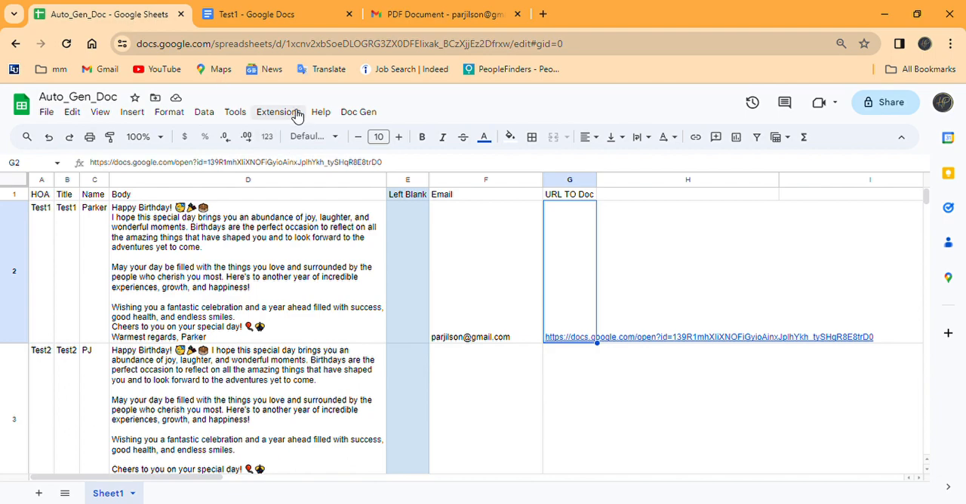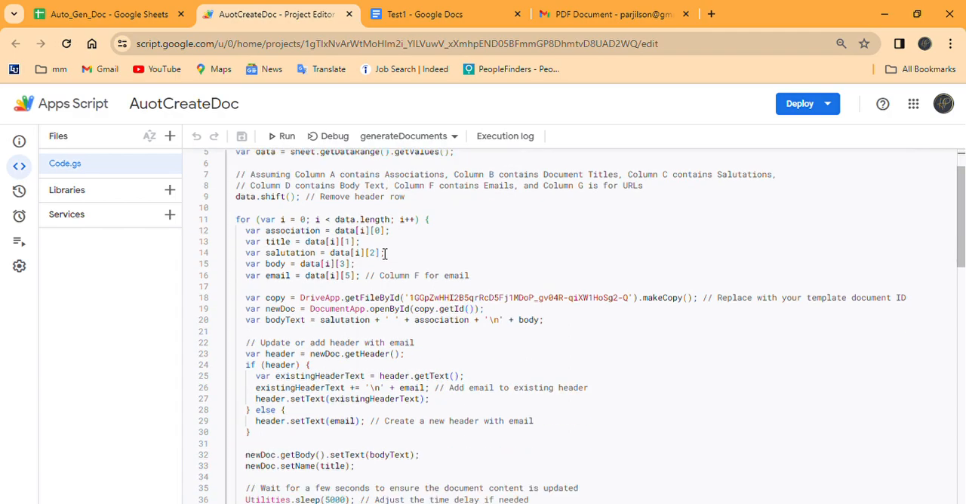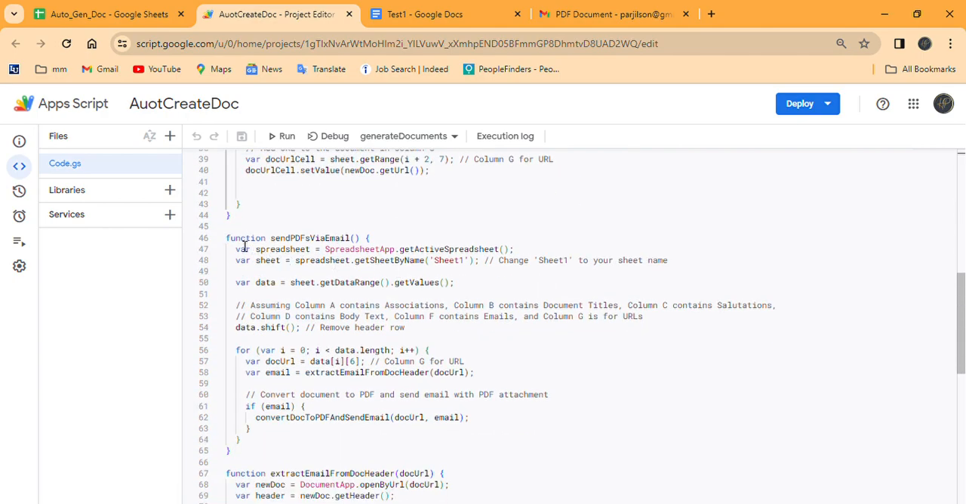This took a lot of work to do. Here is the breakdown of it under AppScript. First, we generate a document. After the document's generated, we have a new function down here, send as an email PDF, so it's going to